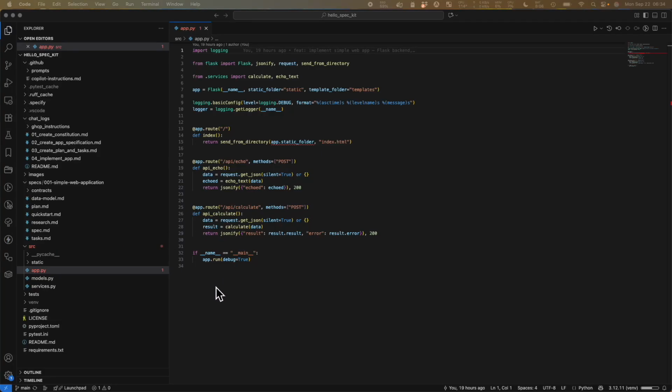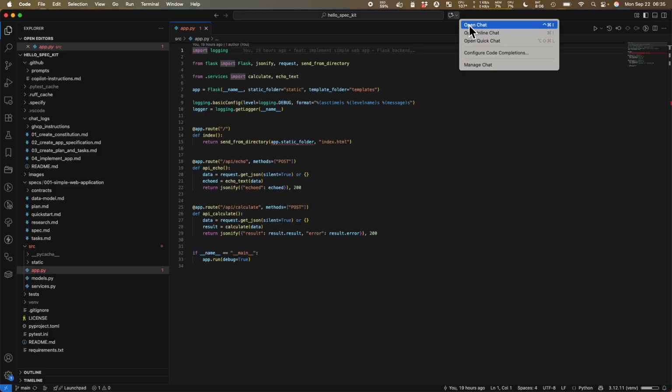Okay, and looking at some of the generated code, for example, app.py, I noticed that this module doesn't comply with some of the principles that were documented in the Constitution. For example, no type hinting and no docstring. So what we can do here is let's open up a chat window,